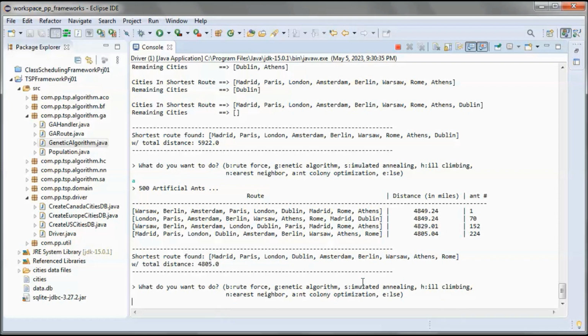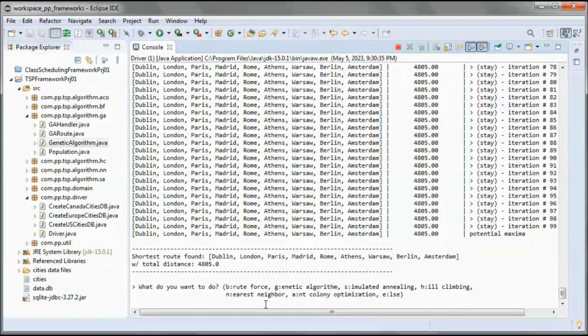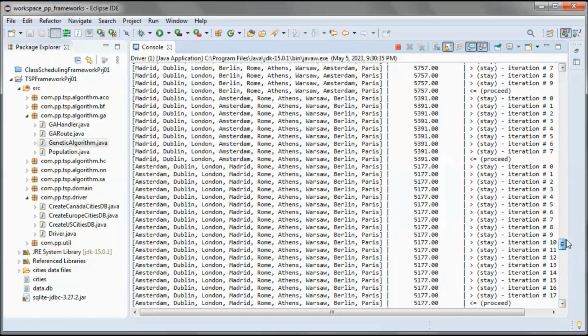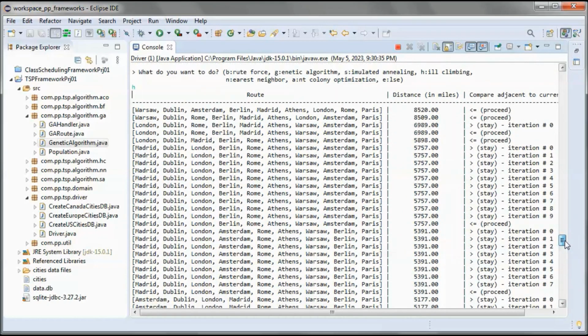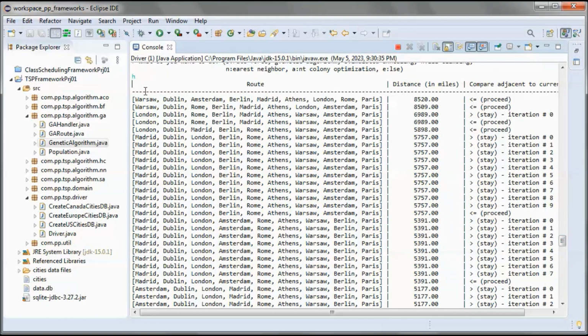And let's try using hill climbing. So we started with this route, having this distance in miles. We compared it to the adjacent route, and it has a shorter or equal distance, so we proceeded.